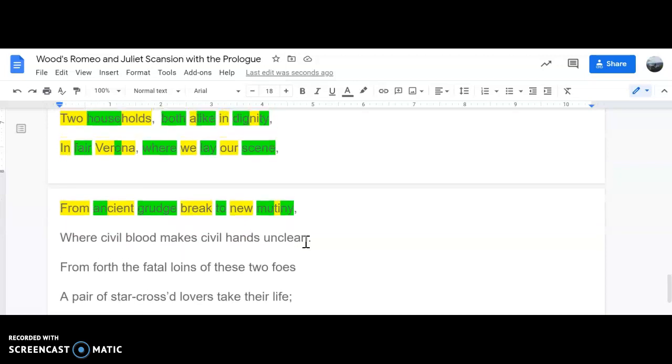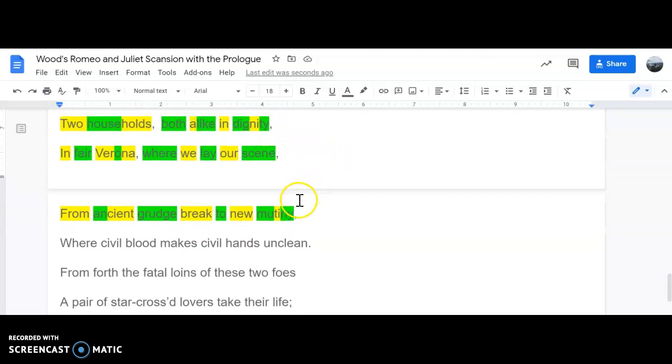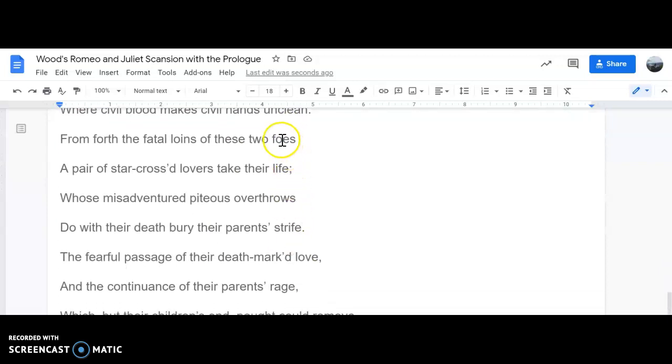And so if you look at the lines, A, B, A, B. What I mean by that is dignity, mutiny. That's A and A. Then the second line and the fourth line are going to match. Seen, unclean. So B, B. Then you'll go down, you have line 5 and 7. So foes, overthrows. Okay, kind of a slant rhyme there. And then you have, so that would be C and C, and then life and strife, that would be D and D,